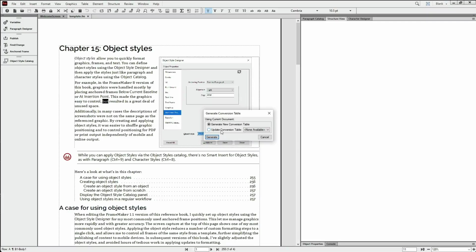But each document can have different contexts and different types of information. So later, if our conversion table doesn't completely and accurately convert our content, we may take in other sample documents and then update the conversion table to scrape the document for other styles that we want to convert into specific DITA elements. I'll click on Generate,